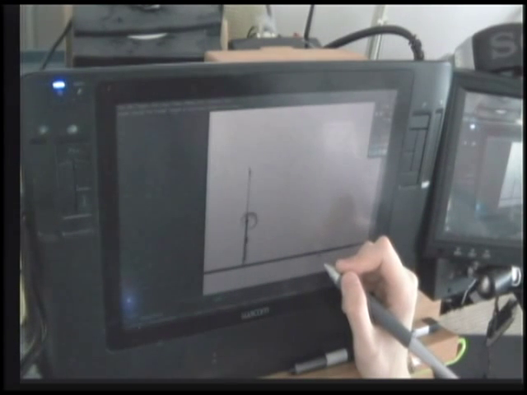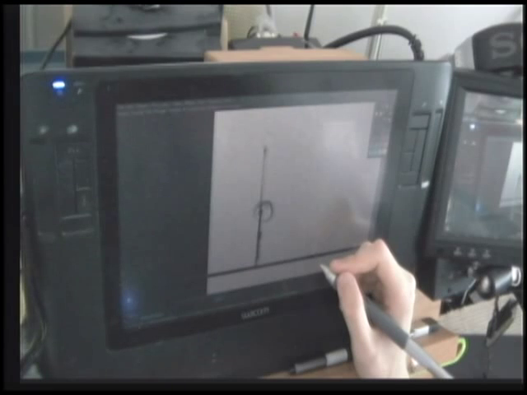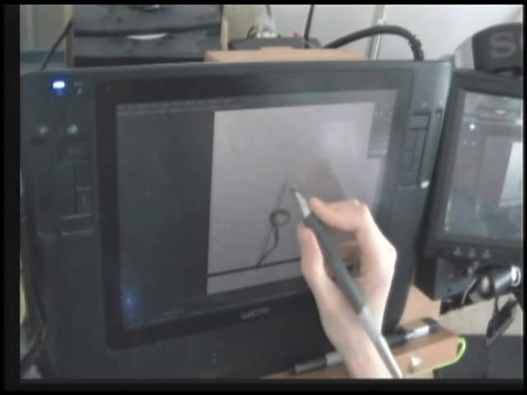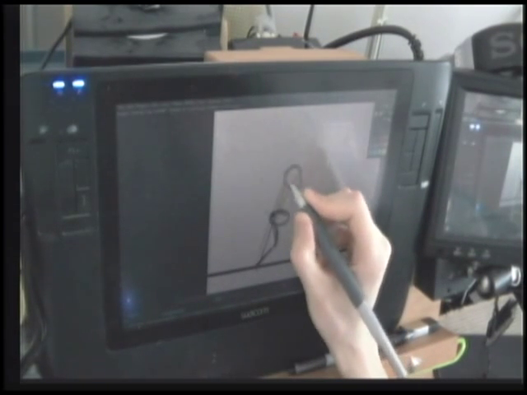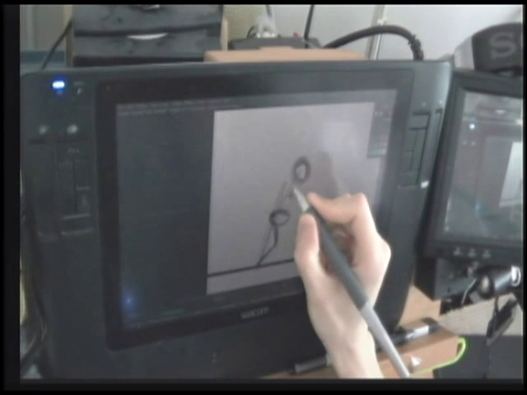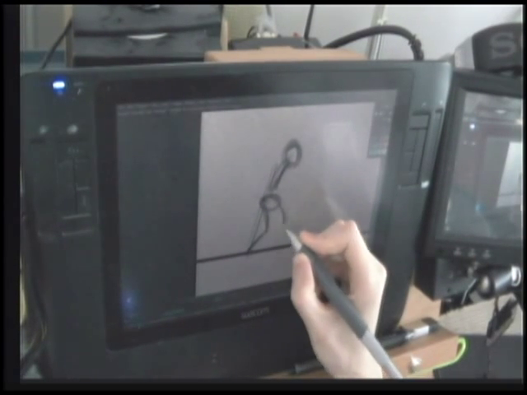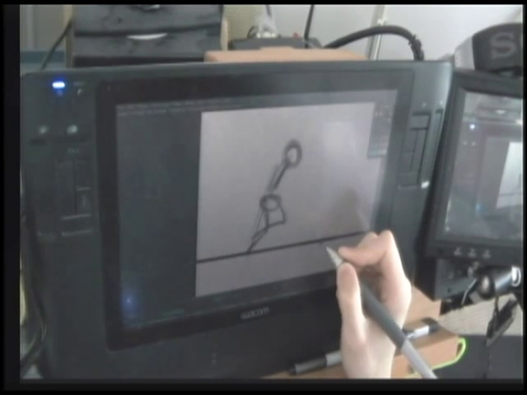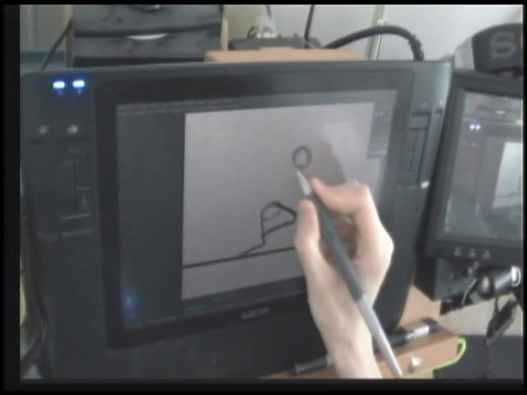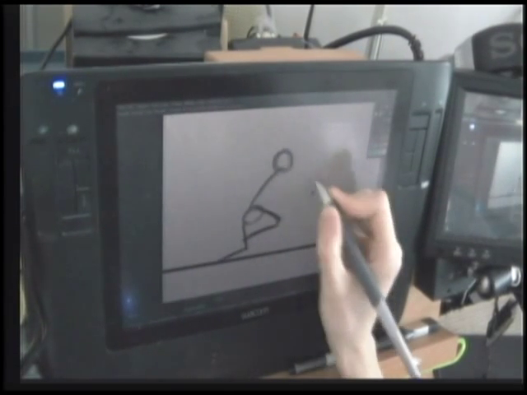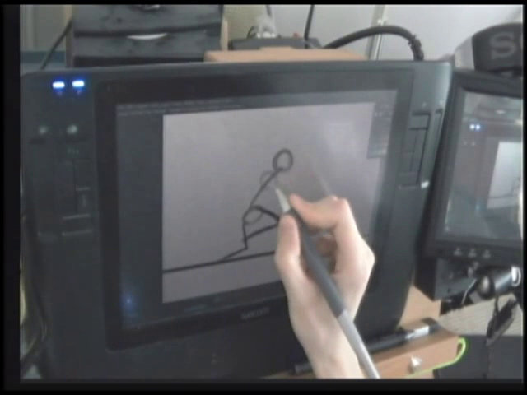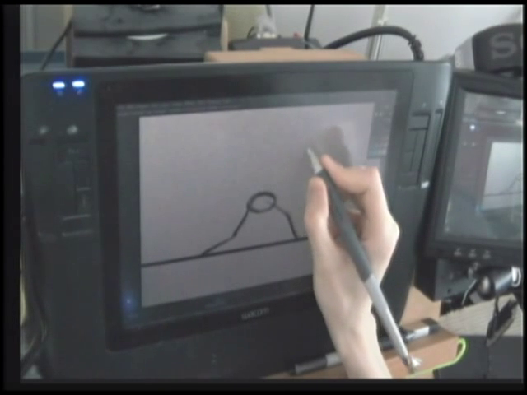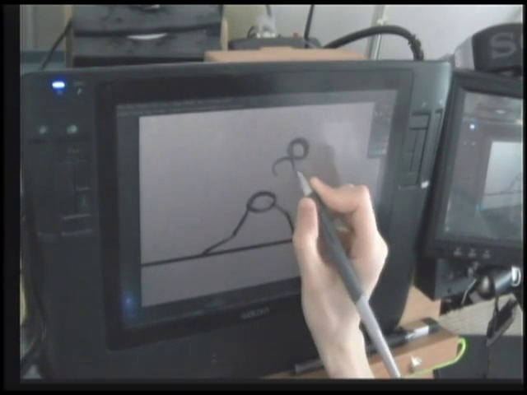All right, so what I'm not showing you right now is how to do the perfect run. What I'm showing you is a process for developing a run. And maybe it's more than one type of run. You're going to have a character who's tall, who's short, who's fat, who's skinny, who's carrying a heavy weight. That's what I hope you can take away from this tutorial: I'm not going to show you, do it like I do it, make the same run I've made, but instead I want you to analyze things,